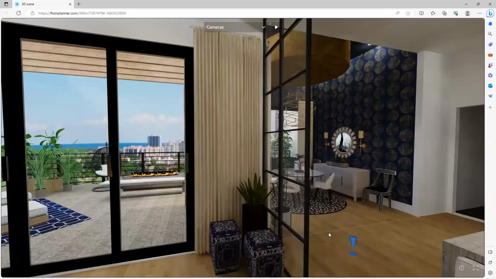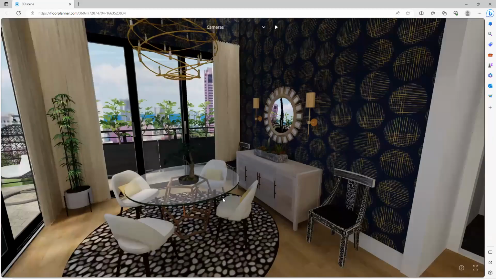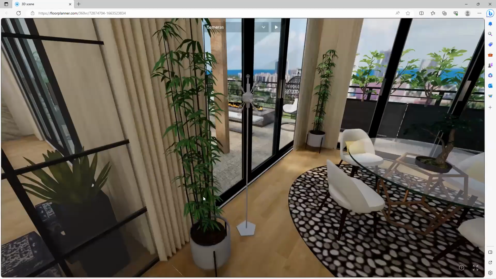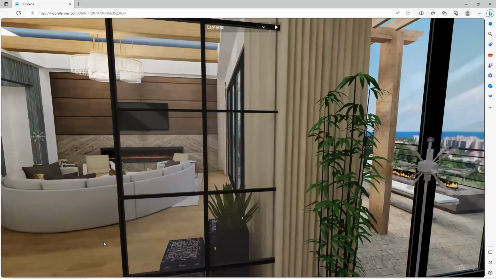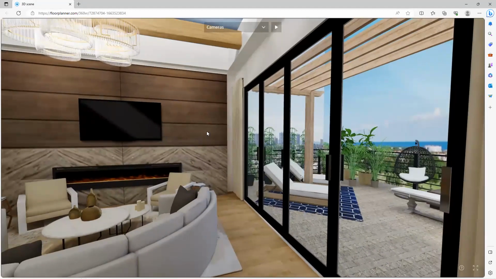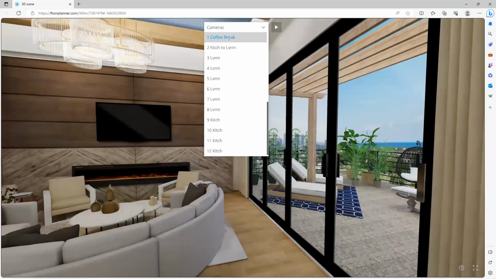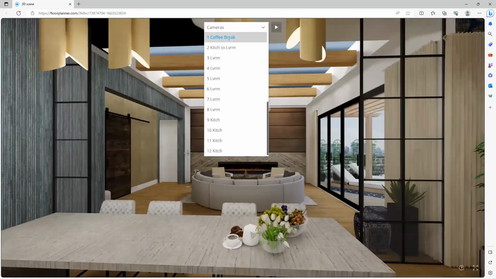I'm not waiting for anything to render, and I can transfer myself into these other areas. I could even go out of the patio if I cared to, and just keep studying the space with full reign of moving around. Yet, as I mentioned, there's a pull down up here. So any of the camera views that I've created, as I've named them, this would be as you've named them,